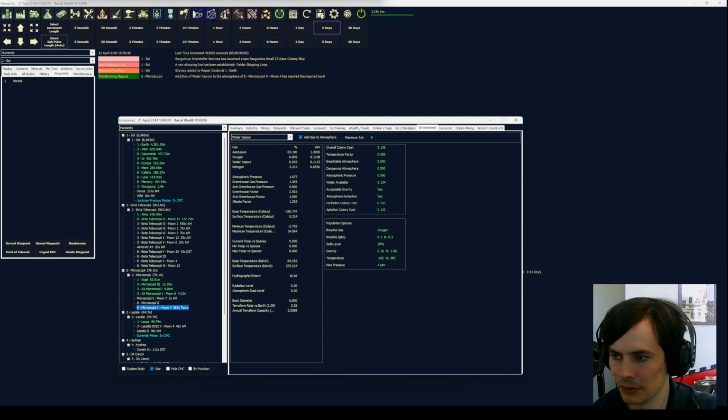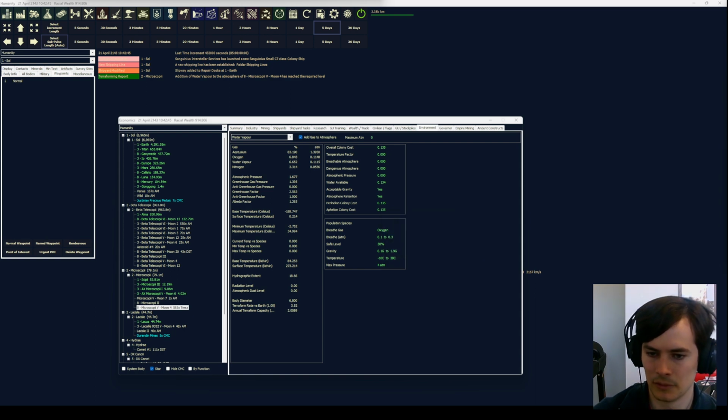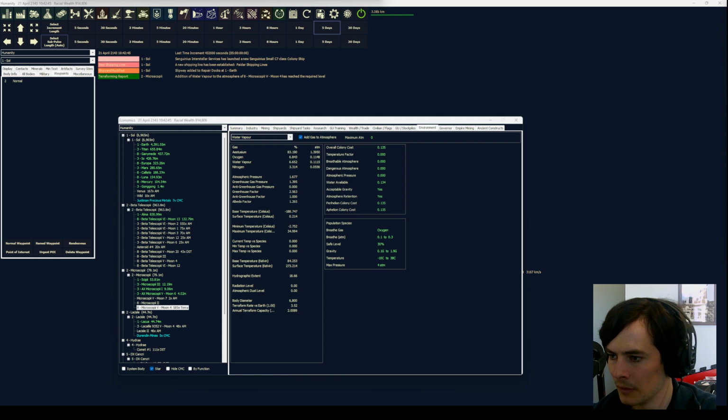Exquisite. You know what we need? We need a micro colony fleet. Rename this. This is micro colony. Refuel Earth and load some colonists while you're there, and then head over to microscopy and unload them right here, because by the time you get there it'll be perfectly habitable. Okay, so now